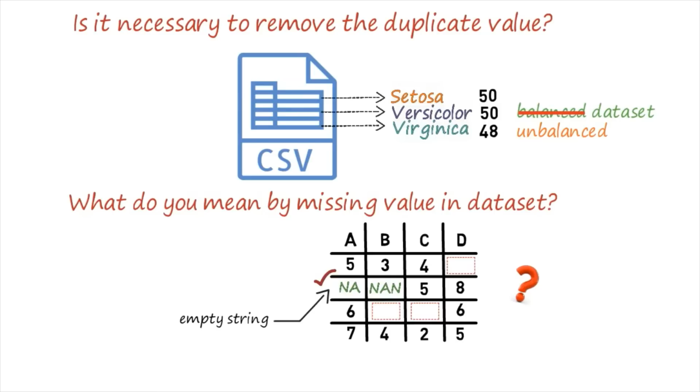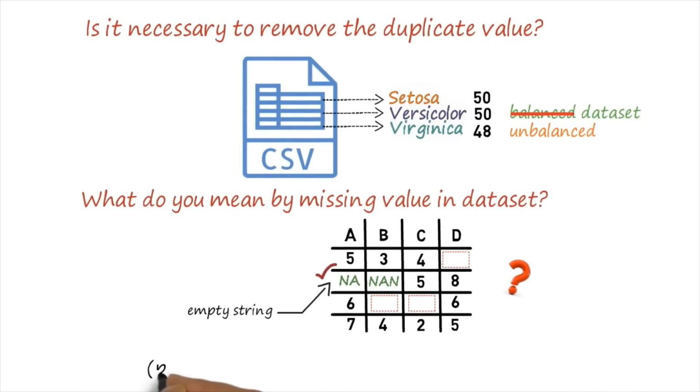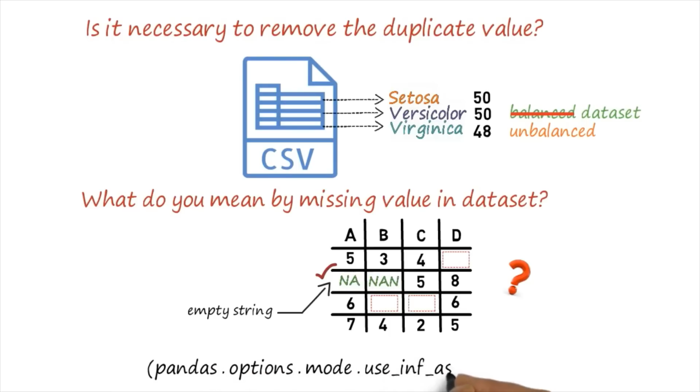If the isnull function gets this kind of values in your dataset, then only it can perform. For empty strings, we can further code our isnull function, but it is a very complex way. We have to set pandas.options.mode.use_inf_as_na equal to true. Like this, we have to set this kind of value. I will show it to you. This kind of syntax is required so that the isnull function can deal with empty strings.